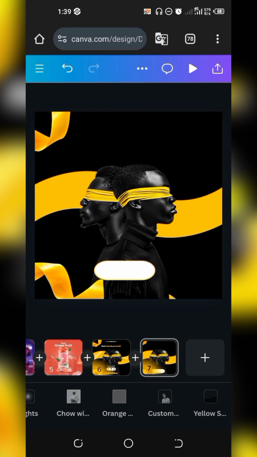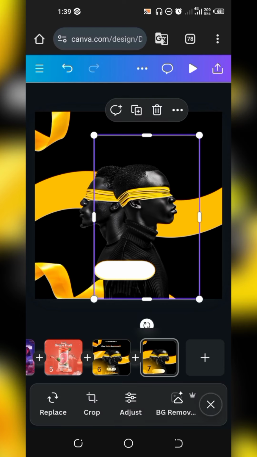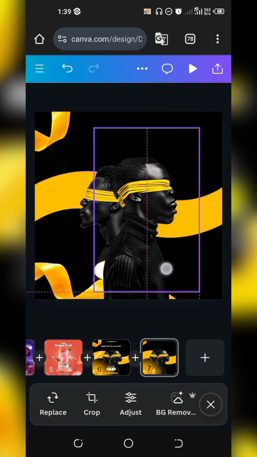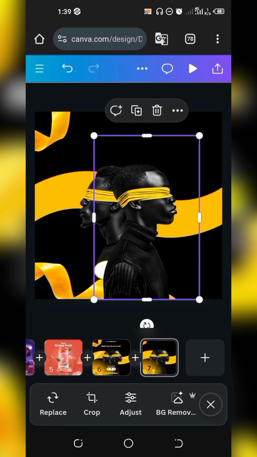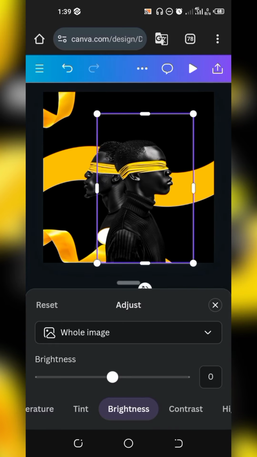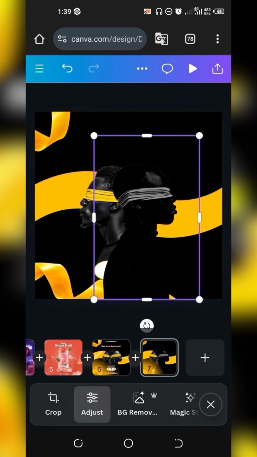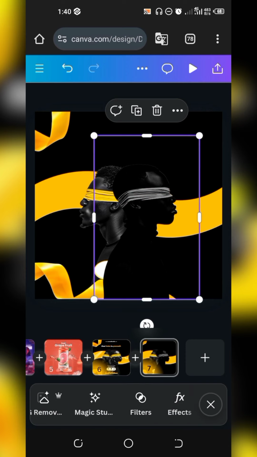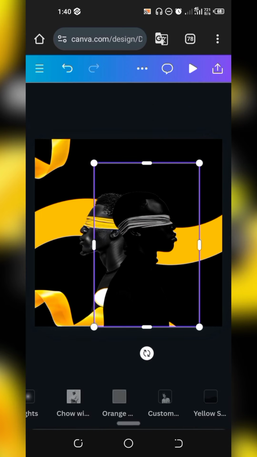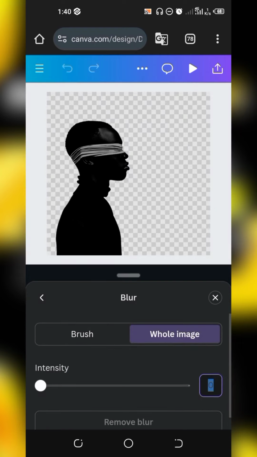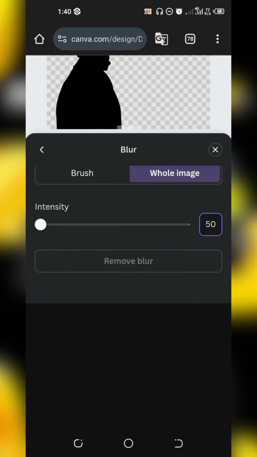And the next thing we want to do now is start. Okay, let's even work on these guys, because we want them to project out of the background a bit, and I want this guy to have a shadow over his other counterpart that is behind him. So you know how we roll about the shadows. You click on adjust. Yeah, it's on brightness now. Reduce the brightness, increase the contrast, go over to your saturation. It's already desaturated, but still desaturate it so that yellow doesn't show a bit, because we are working with a very dark background. So go over to effects, go over to your blur, and let your blur be at 50, exactly.